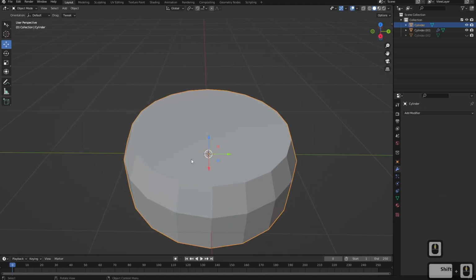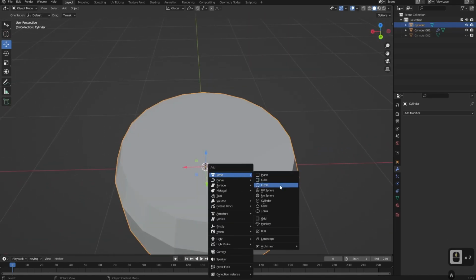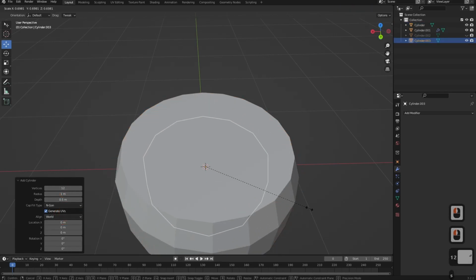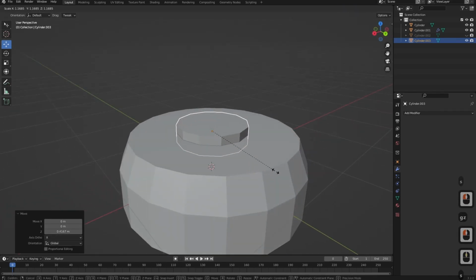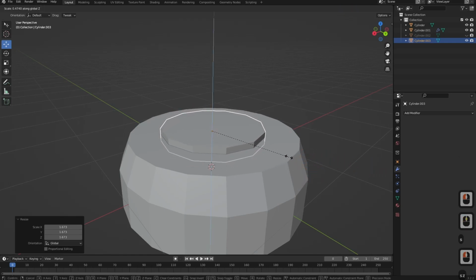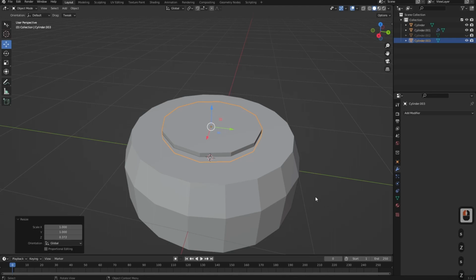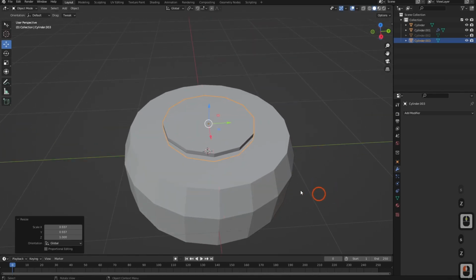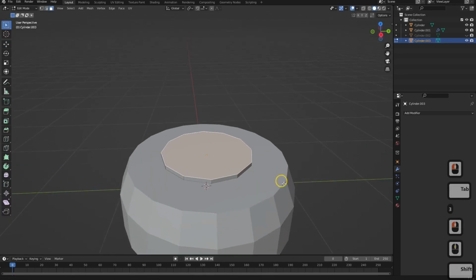Now we can just add in our little internals, right? We have some internals here that we need to work with. So what we can do is hit Shift A, add in a mesh, add in a cylinder, and let's change this down to something like 12. And let's scale it down, grab it on the Z-axis, bring it up, and let's make it so that it matches. So we'll scale it along the Z-axis, and we'll need to make it just a bit smaller. So scale it like this. Somewhere in here, tab into edit mode, hit 3, click, E,